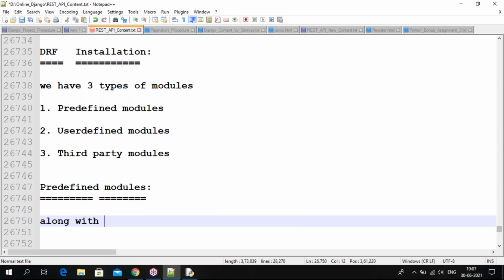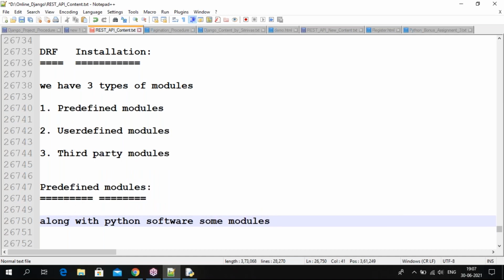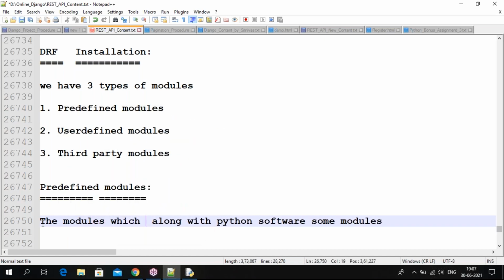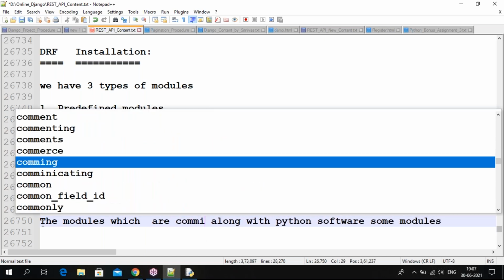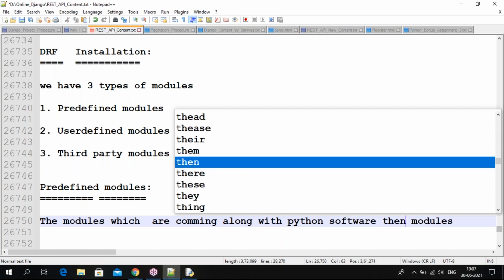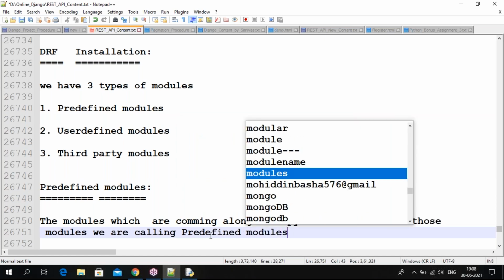The modules which come along with the Python software, those modules we call predefined or built-in modules.